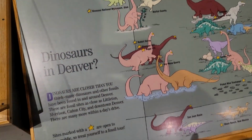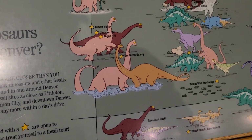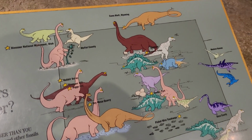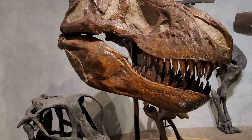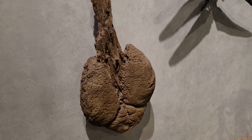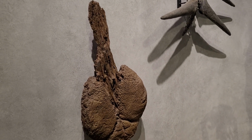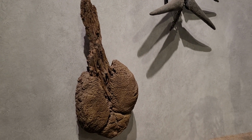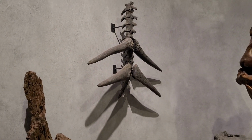Dinosaurs in Denver. Are these all real? Here's your list of dinosaurs in Denver. But this is a mummified Ankylosaurus dinosaur tail. It's a very important specimen. Of course, it's cast, but this specimen was found in Canada, specifically Saskatchewan. It was found of Euoplocephalus, and it really helps us understand